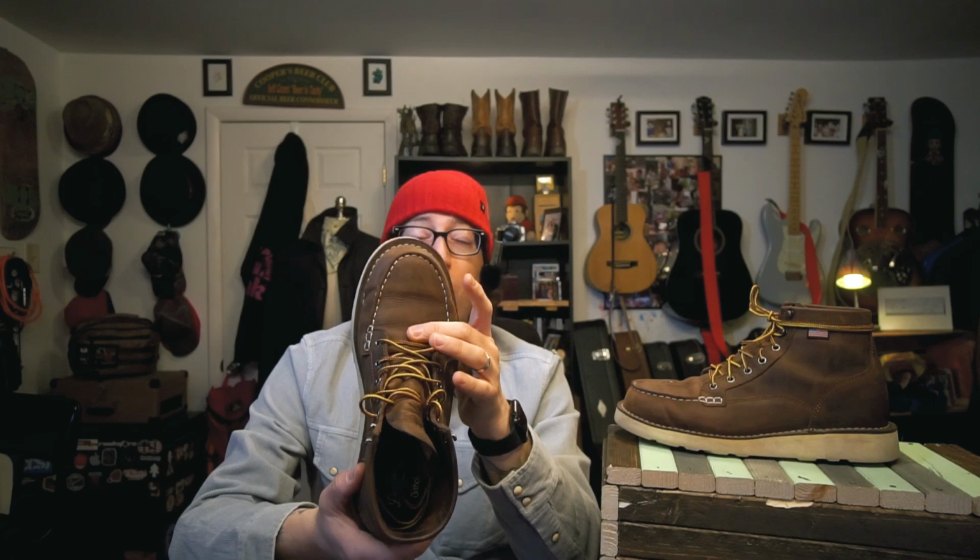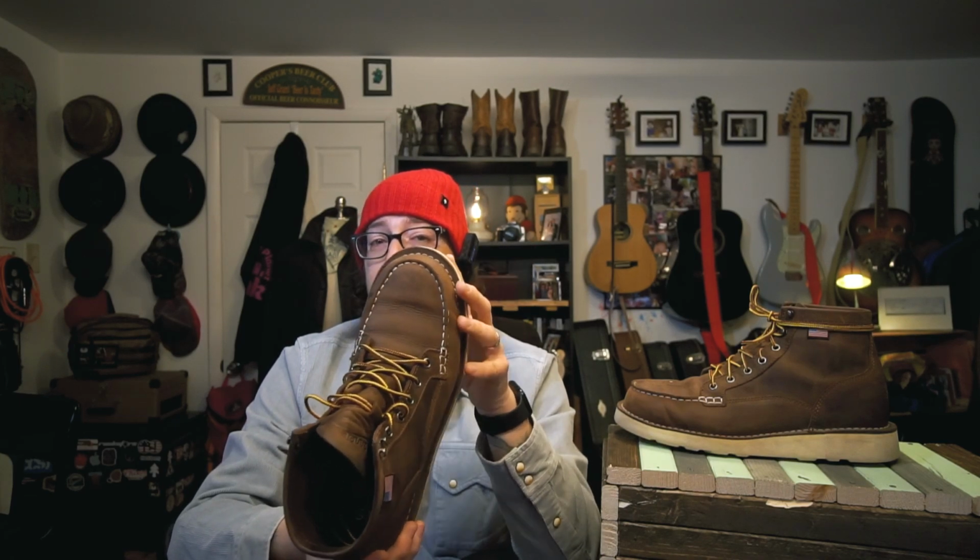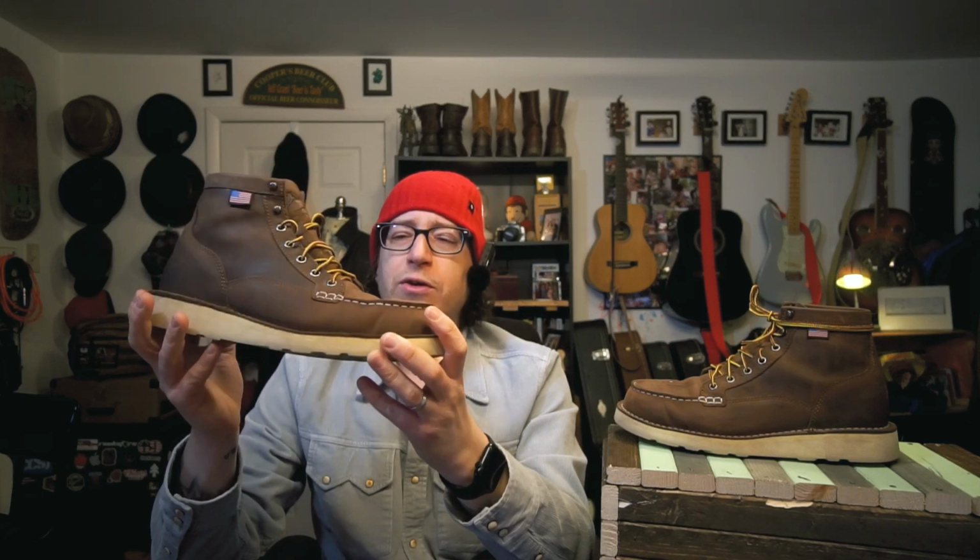It has a little bit wider of a toe box. These do come in a D and a double E width. I am a D width, so that's what I got. And while yes, my feet will expand like anyone's as I wear them throughout the day, my feet will get a little bit swollen depending upon what I'm doing and how much I'm on my feet, or sitting down. That's one of the reasons I do like a Moc-Toe, because I have a narrow foot and I don't need a wide width, but a Moc-Toe gives me that little bit extra width in the toe box